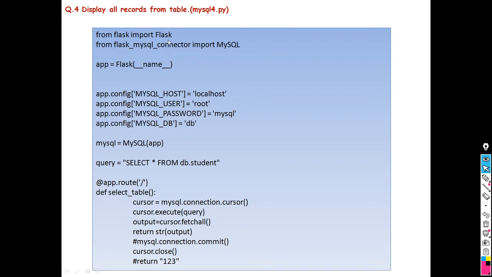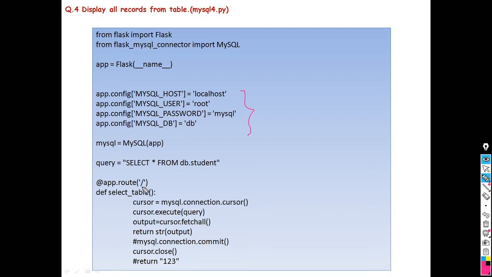So again, from flask import Flask, write here the MySQL connector, configure your MySQL. Okay, the database is there, and how can we access the records from the table? So you should use this query, select star from db.student. So db is the name of the database and student is the name of the table. Okay, so we can execute this query.